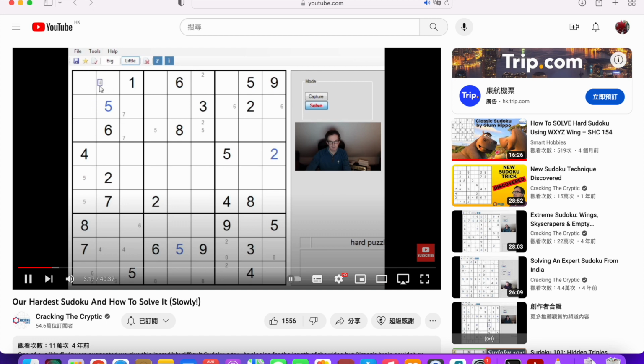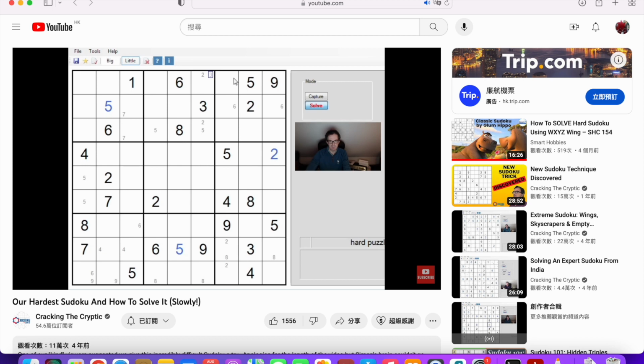Top here probably you can see we've got the numbers 1, 6, 5, and 9 in row 1, and 4, 8, and 7 in column 1, so this square is very restricted. This square can only be a 2 or a 3. I'll just label that for the moment. And